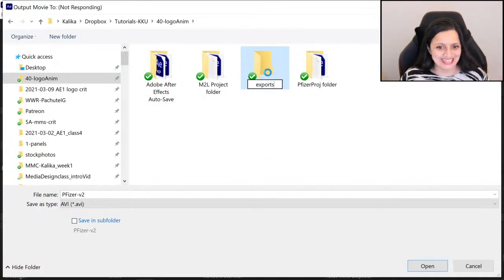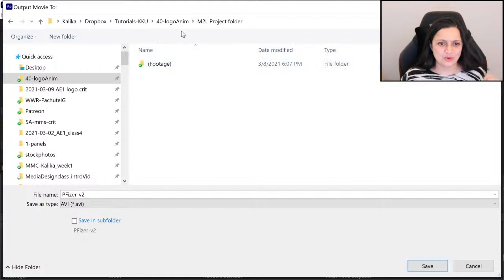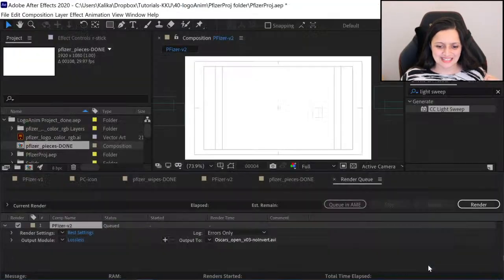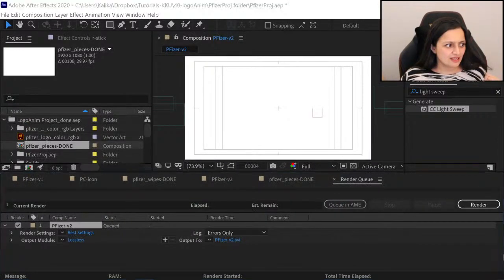And I'm double clicking and nothing's happening. Come on, man. Don't make a liar out of me. Here it goes. Someday. Okay. Going back. Exports. Hitting save. And then Q and AME. And here